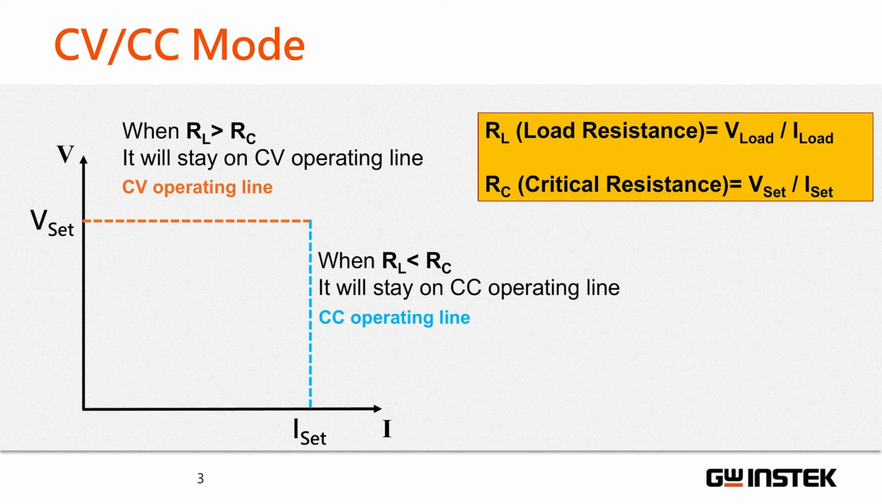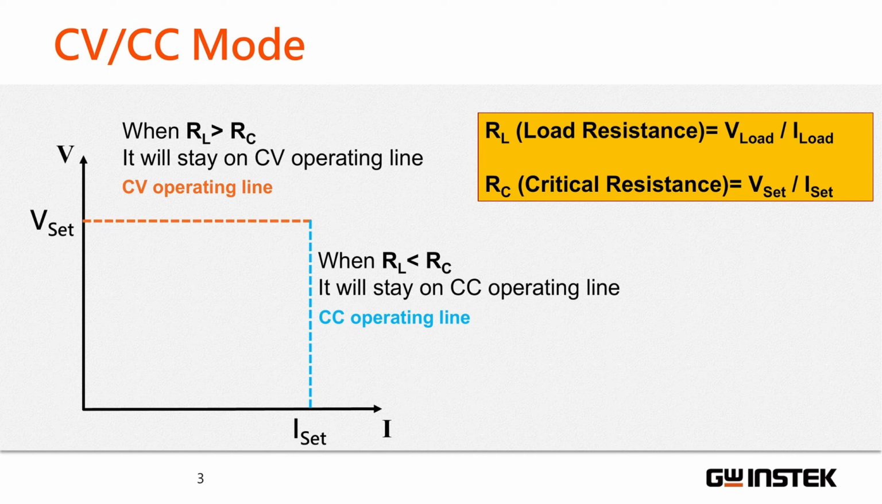It is important to understand that the mode is not controlled by the settings. The mode selection is determined by the load resistance and critical resistance. The critical resistance is calculated by dividing the set voltage value by the set current value. When the load resistance is greater than the critical resistance, the power supply operates in CV mode to maintain a constant voltage. When the load resistance is less than the critical resistance, the power supply operates in CC mode to